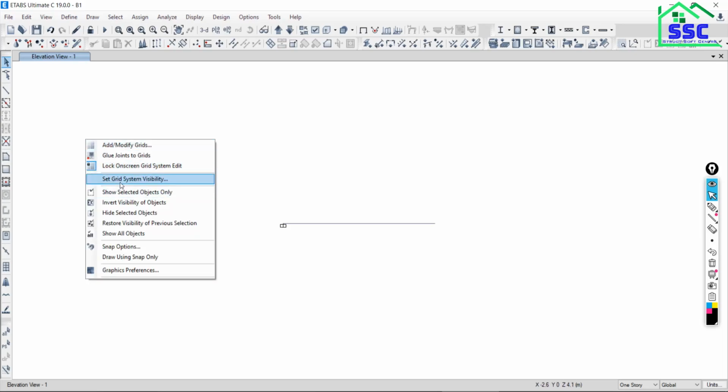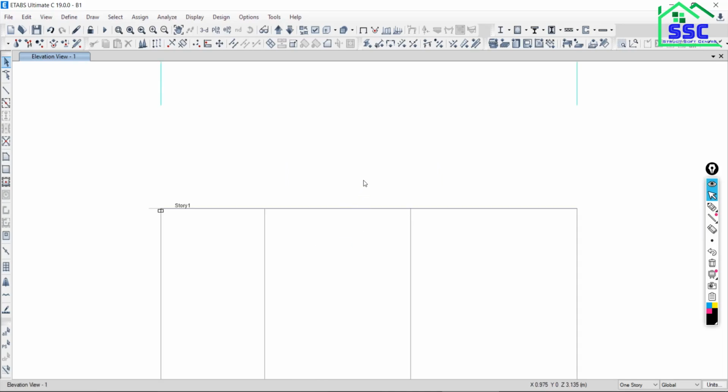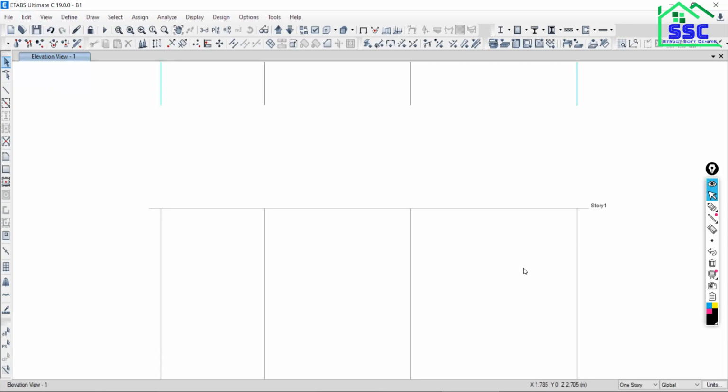Right click on the window, set grid system, grids, click over frames, select all these frames and delete, or go to Edit and then Delete, so that all the members will be deleted. Now go to frame, close this, and from the first point freely move to the next point. So this frame we have modeled as a complete beam. Is it okay?